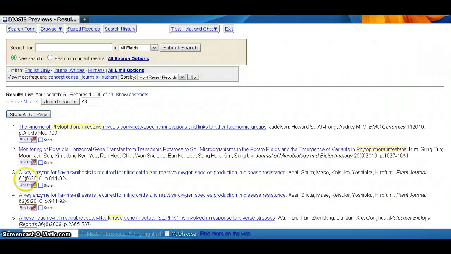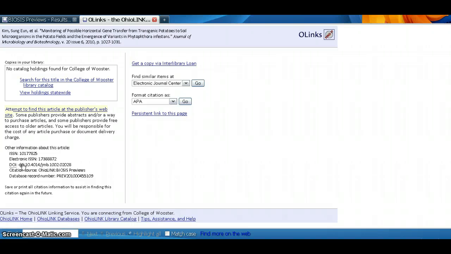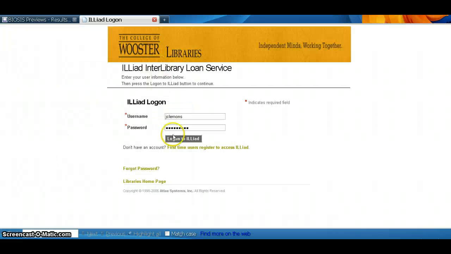When I go back to my results list, I realize that, okay, I'm also really interested in this second record through the Journal of Microbiology and Biotechnology, but I don't see any link up here in yellow. There's nothing in print. You can attempt to find this article at the publisher's website, but that usually isn't very helpful. But that doesn't mean that you can't get it. You can click on this, get a copy via interlibrary loan,